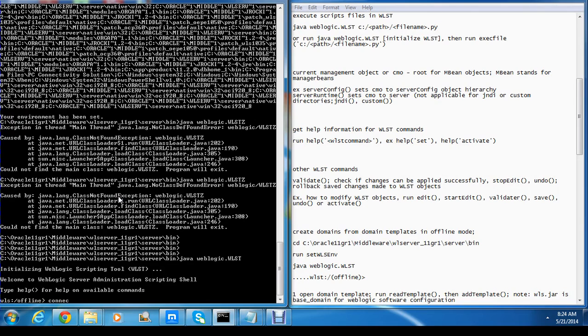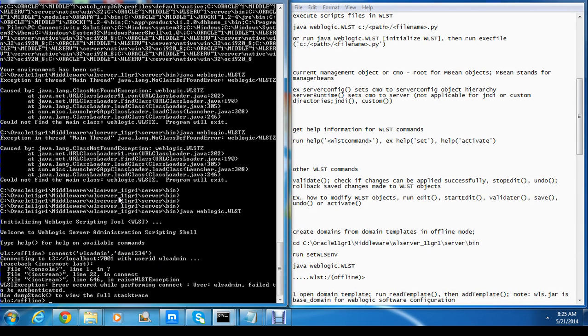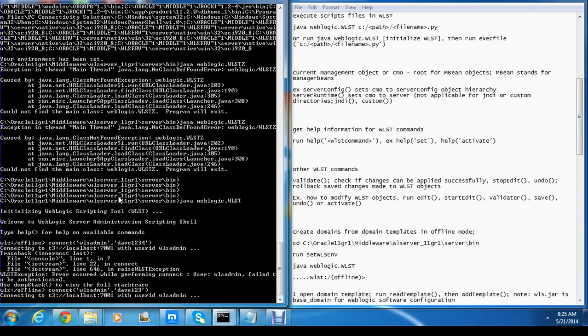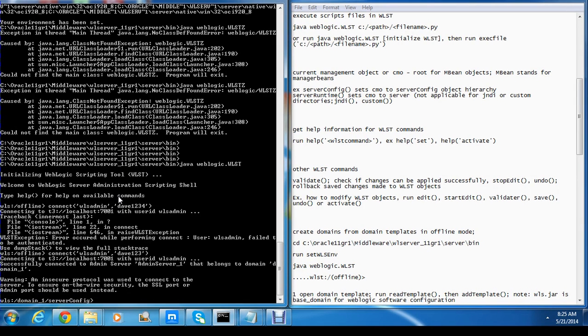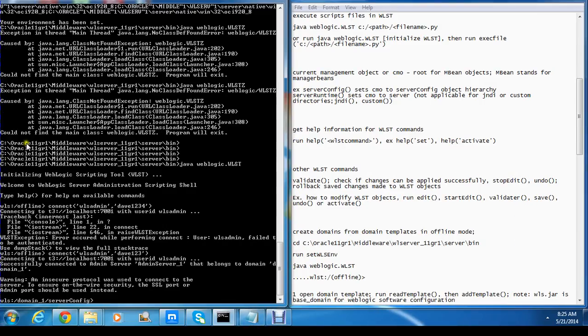But you should hold on. Just give me one second. So connect OES admin, day 1 2 3 4. So apparently, again, I was using the wrong password anyways. So again, I'm connected to my admin server, you can see. So what I was trying to show you is that